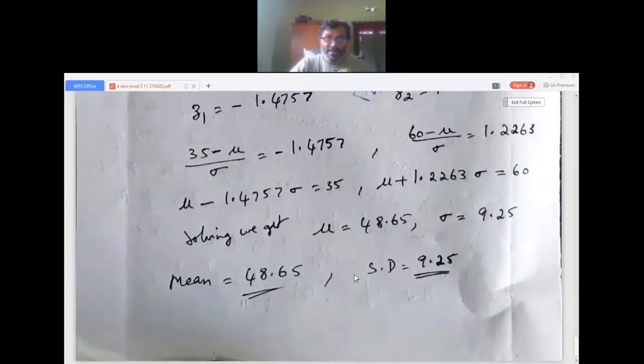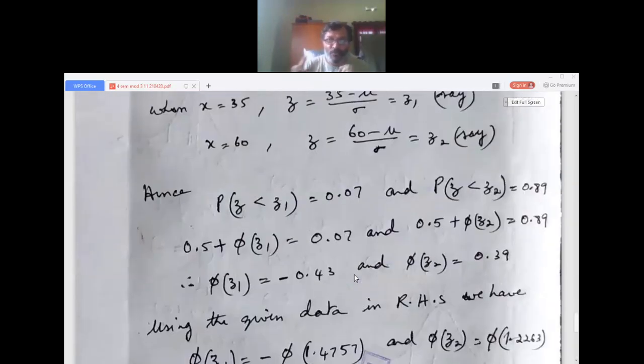So that ends this module 3. Roughly, I would like to summarize what we solved today, problems in normal distribution. In this module, that is probability distribution, you had discrete probability distribution and continuous probability distribution. In discrete probability distribution, we use it when there are integral values of the random variable x, where p(x) is greater than 0 and the sum of p(x) equals 1.